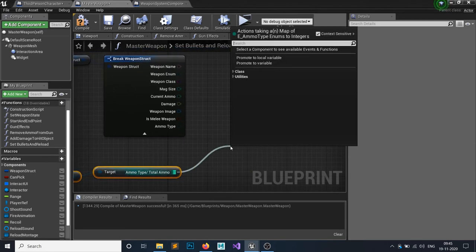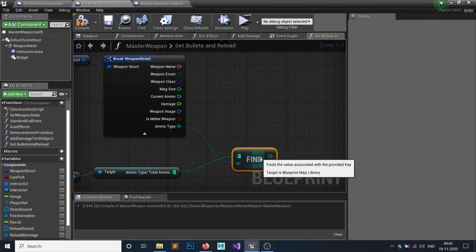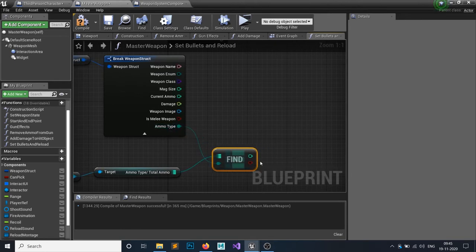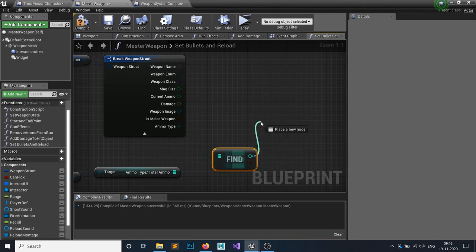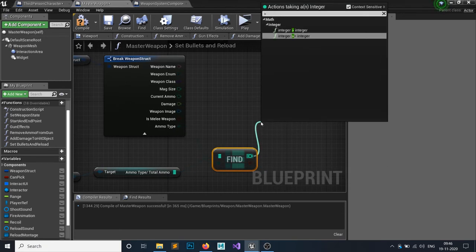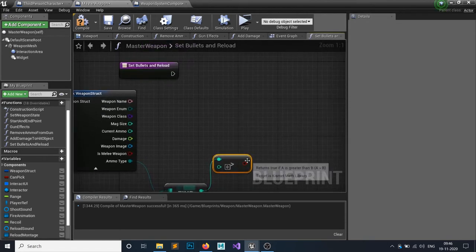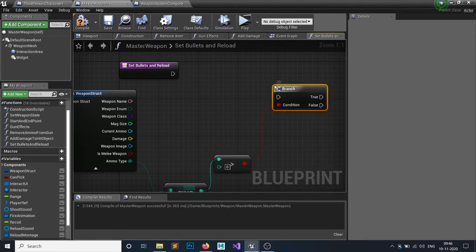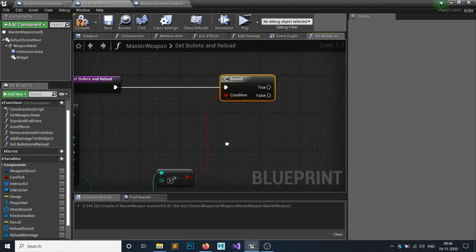So I will simply find this ammo, to see if it has ammo in it or not. This will get the value of that key. So I need to check if it's greater than 0 or not. If it's true, then I want to follow the reloading part. Otherwise, if I don't have any ammo in my pocket, then I don't want to follow the reloading part, right?